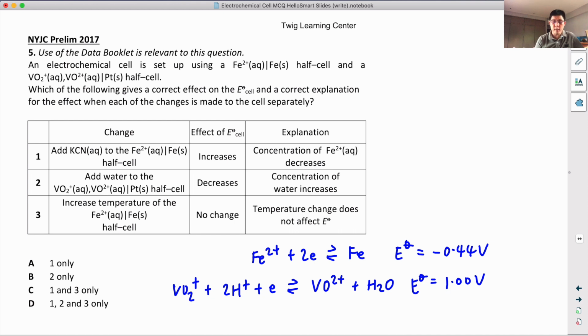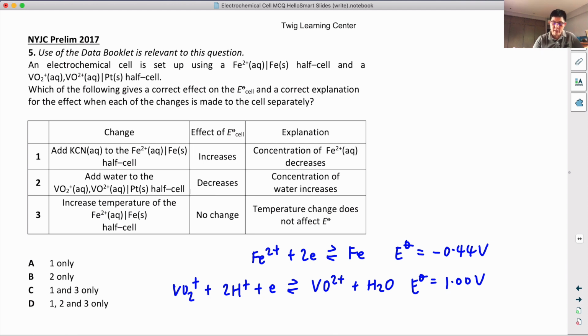An electrochemical cell is set up using Fe2+, an iron half cell, and a vanadium half cell. Which of the following gives a correct effect on the E cell and a correct explanation? That means not just the effect on the E cell must be correct, the explanation must also be correct. So if you add KCN to this half cell, essentially what